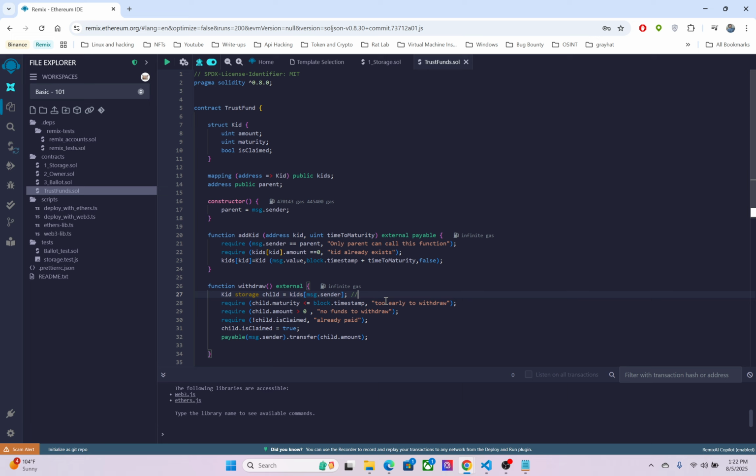Let me type this comment here. So this line retrieves this kid struct with the address that called the function. Okay. So then later we would be able to put our conditions. So require child, this one, which one? Maturity. Okay. So this one already contains the address. Child maturity,